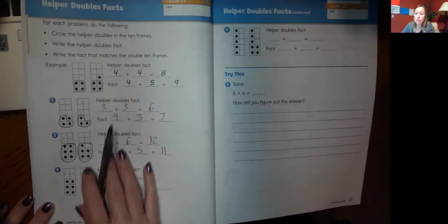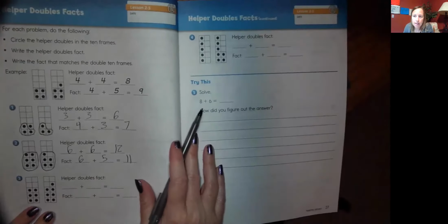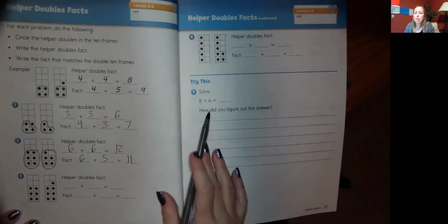So you're gonna do these 2 pages. Now, they give you a try this, and what they want you to notice is that right now they're giving us the 10 frames to kind of see it. But can you see in your brain what 8 plus 6 would look like in a 10 frame and how you might see those dots? Maybe you might see,